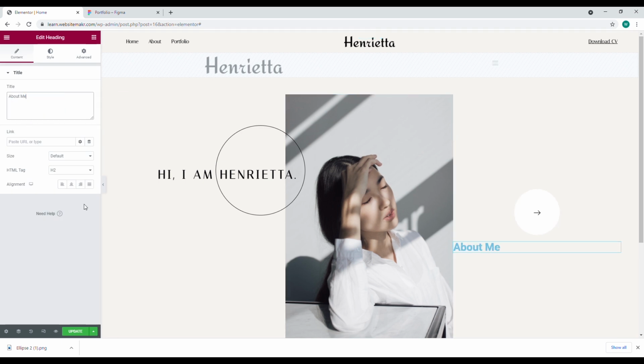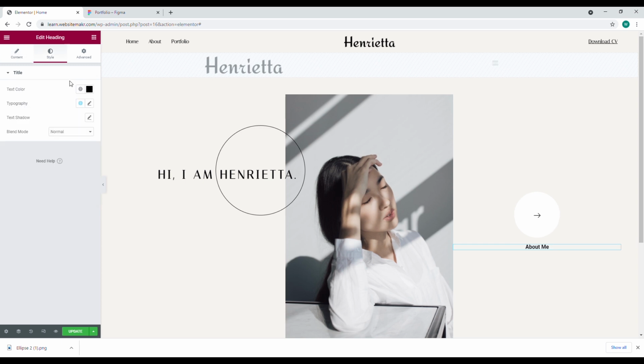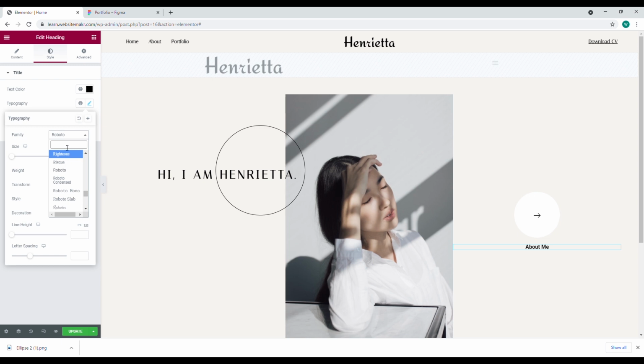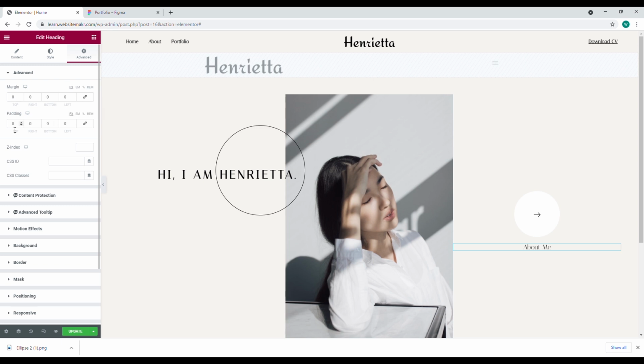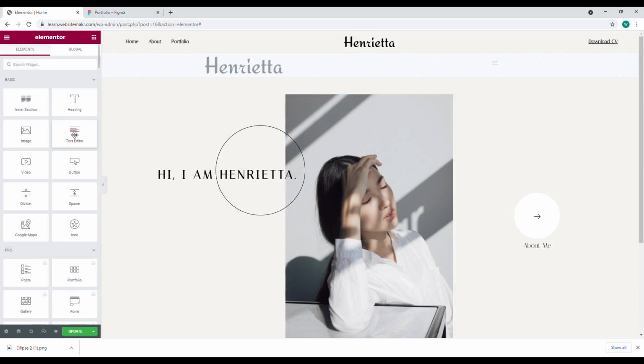And we'll name this, and we'll adjust the color to black and the font to Italiana, and then the size to 18, maybe 20, right? Yeah. And then now we'll make the weight of the font normal, right? And we'll make this -10, and then we'll add the text underneath here,